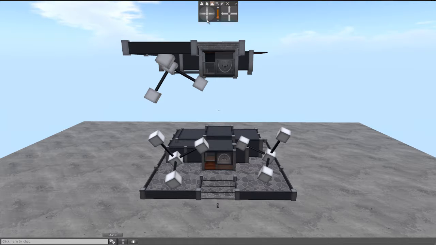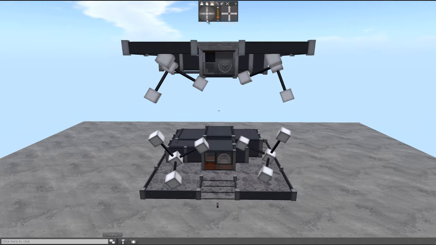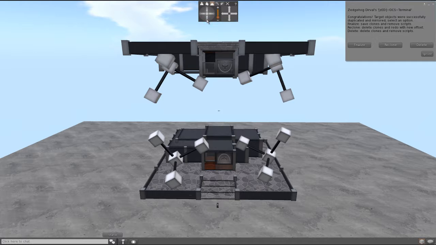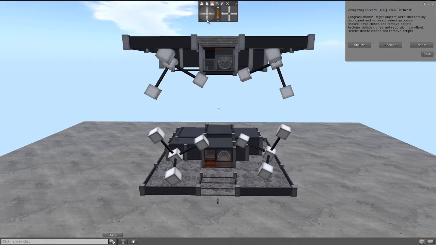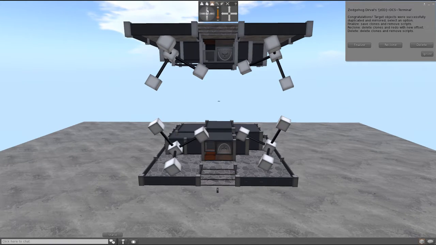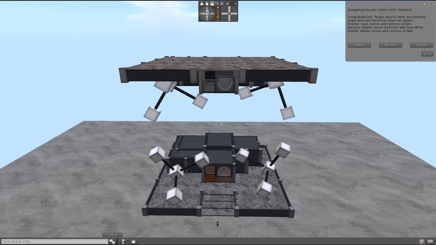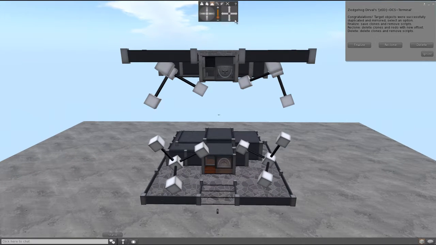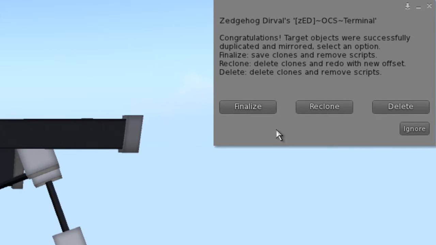Now the mirror can be placed anywhere you want, side by side. So if you were doing something on your avatar where you created half of the outfit or whatever, you wanted to duplicate it to the other side, a mirrored copy, and there you go. So I've got the full building that has now been mirrored to the other exact copy, only in reverse. Right, and because I chose duplicate, I've got the option to either finalize, reclone,